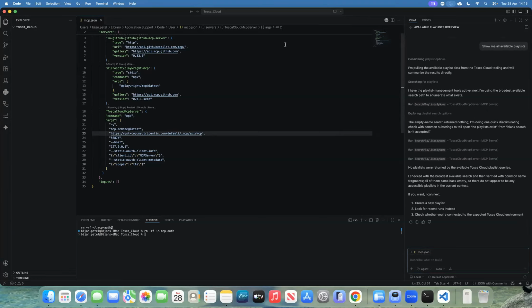Now, we have hit a slight roadblock here where we don't have any playlist in the Tosca Cloud workspace, right? And it is asking the next steps, where if you want to create a new playlist, look for recent runs instead, or if you want to connect to a different Tosca Cloud environment. So what I've done in the background is I've created a sample playlist, and we are going to run that particular prompt again. So I will say, show